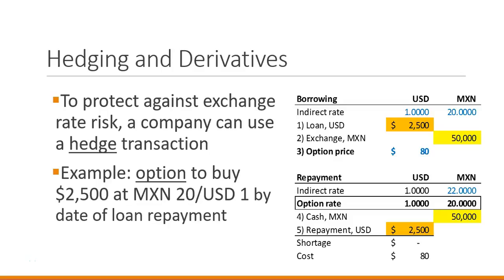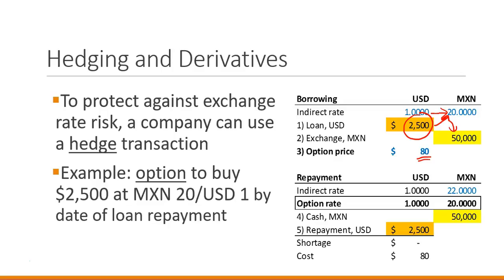So as before, we see that at the date of the loan, the exchange rate between the dollar and the Mexican peso is 1 US dollar for 20 Mexican pesos. We borrow in dollars, 2,500. We convert at 20 to 1 into 50,000 pesos. We also purchase an option. The option has a fee, and that is, in this case, $80. That's determined by the market. We have the opportunity to purchase this option for $80, and we decide that we'll pay $80 for this protection,